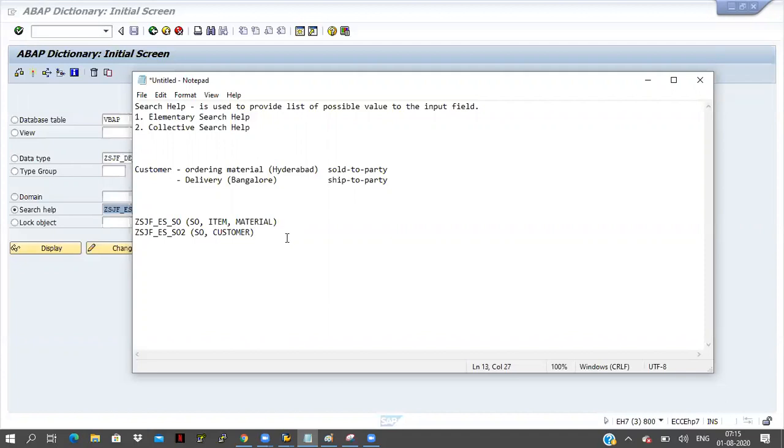Now I am binding these two search helps into a single search help, that is the collective search help.